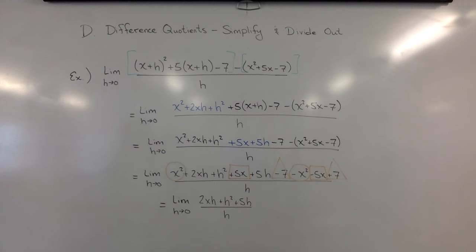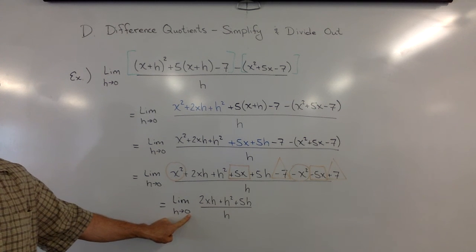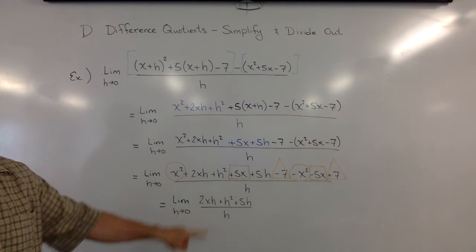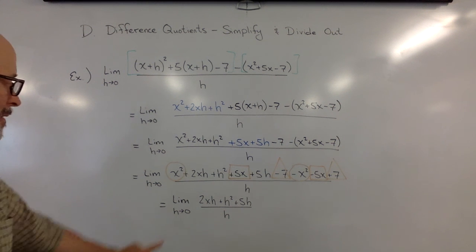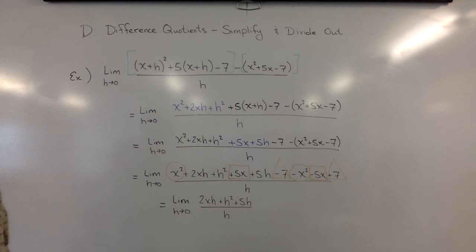And like every single method when we're doing these limits analytically, we're always dividing something out. By the way, if h is approaching 0, you're going to divide out factors that are h minus 0. If h was approaching 5, you divide out, x minus 5. If you had h approaching negative 3, it would be x plus 3 that you divide out. We're just dividing out an h here from the top and bottom. Then plug it